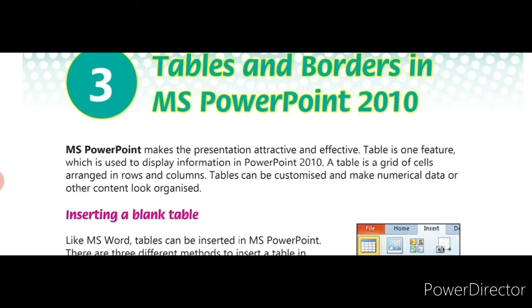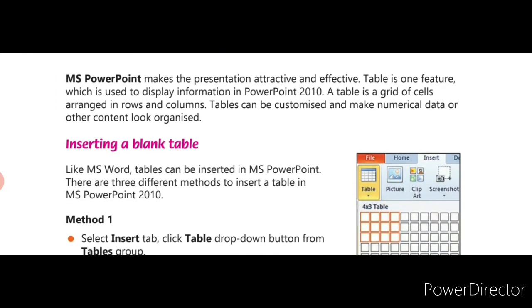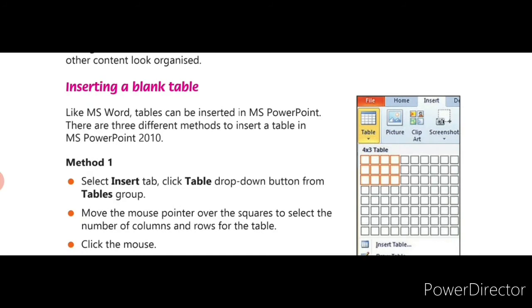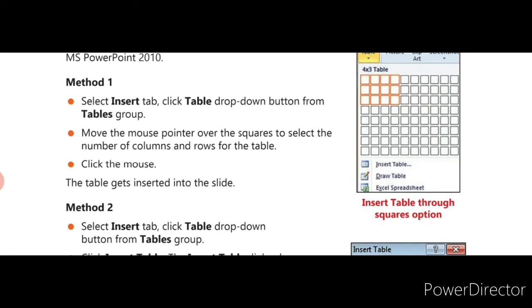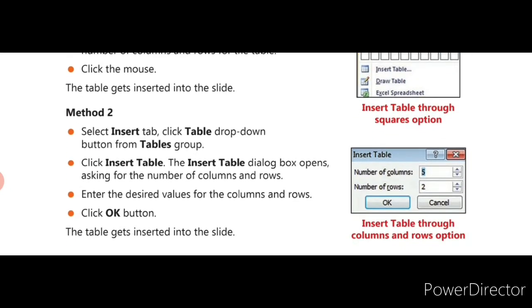Next we have seen how to enter the data in a table. Whenever a table is created, we need to place the mouse pointer in either the first row or column and type the heading. In order to move to the next horizontal cell, press the tab key or right arrow key. If you want to move to the next vertical cell, press the enter key or down arrow key. What are table styles? The style and design of the table in PowerPoint can be changed using the table styles option. It gives more attraction to the table. Next we have seen the steps to apply the table styles.